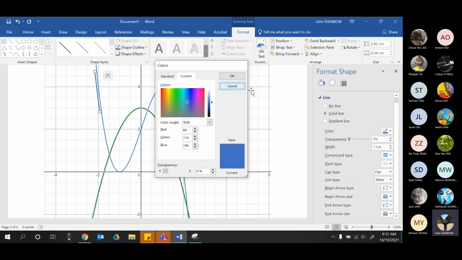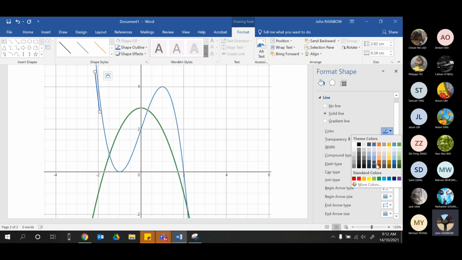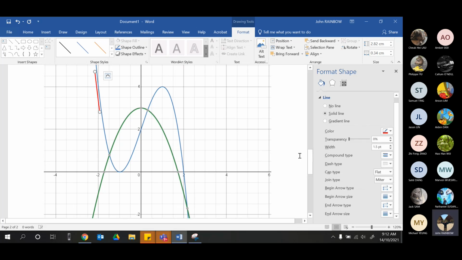I just want to change the color to red. That's all I want, just a plain red. It's orange, apparently. This one will do. Red. Okay, so if we're talking about the tangent line, at this x-coordinate, you can see that the gradient of that is pretty negative at x equals 2. As we come around a bit more,